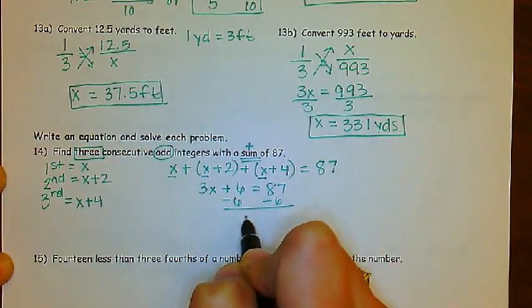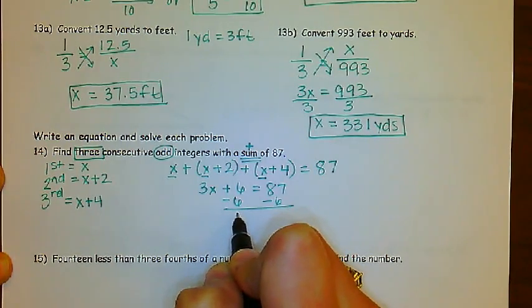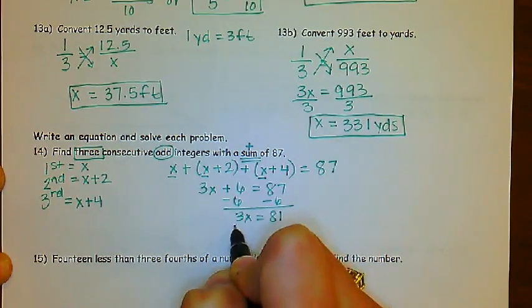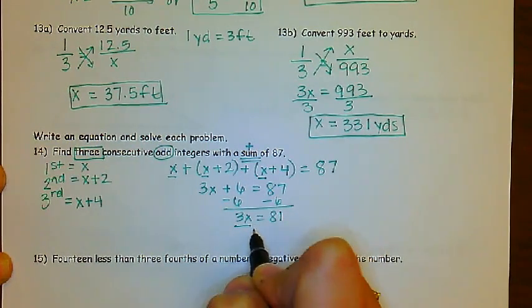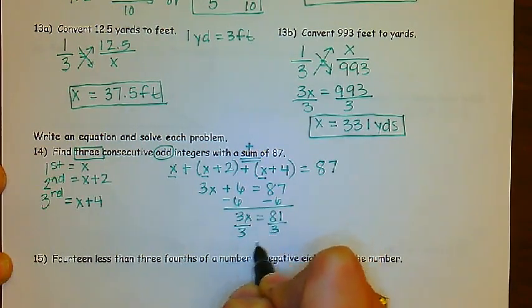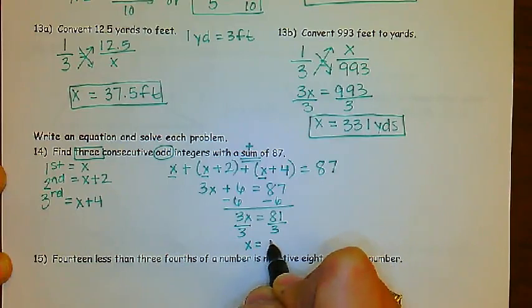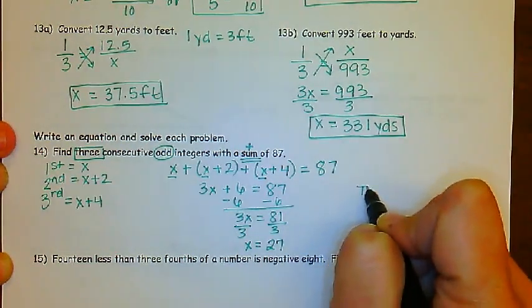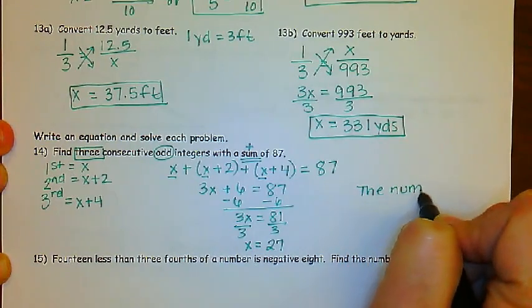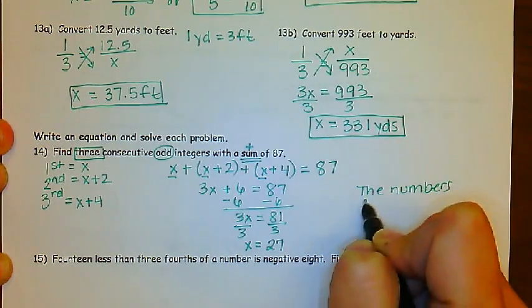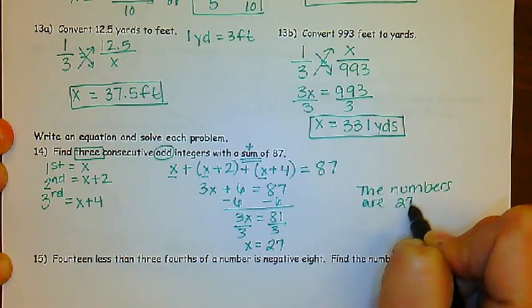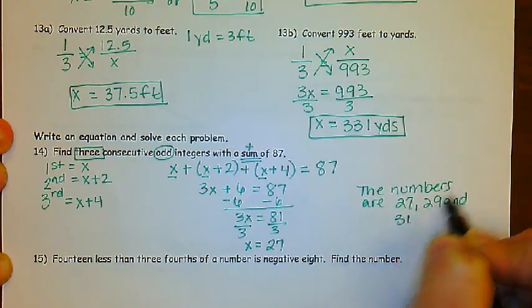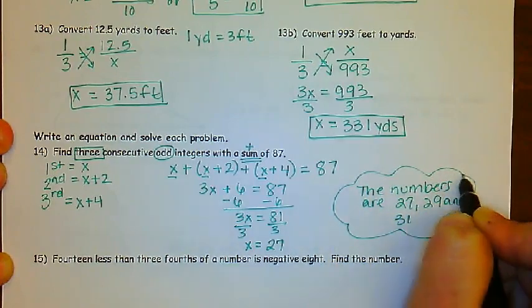Okay, I'll get rid of that 6, so 3x is equal to 81. Divide both sides by 3, so x is equal to 27. Okay, so the numbers are 27, 29, and 31. Okay,